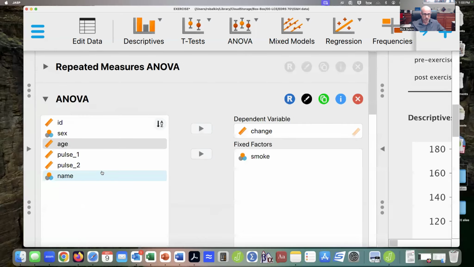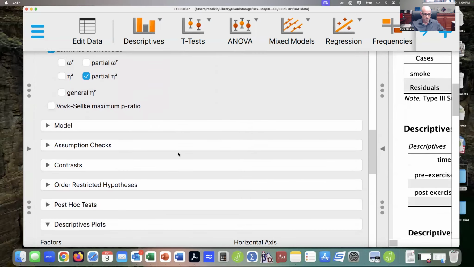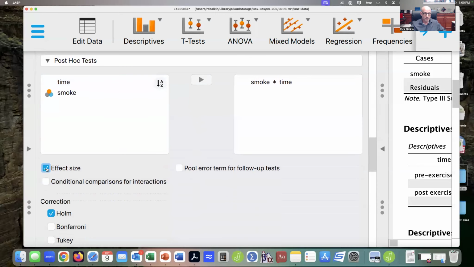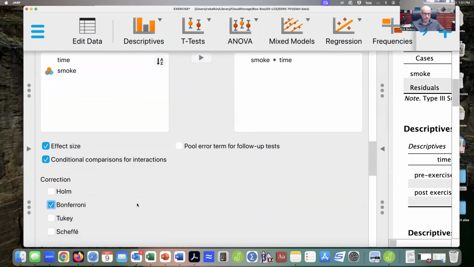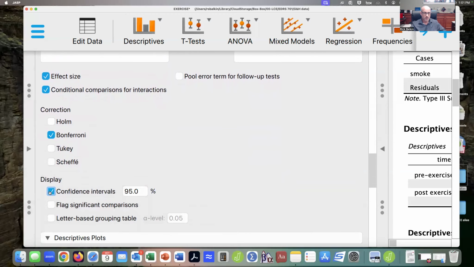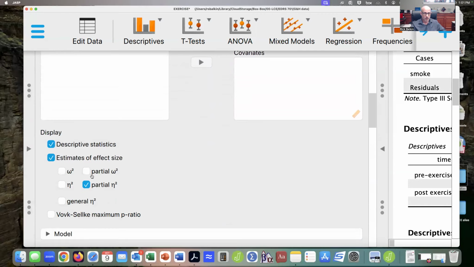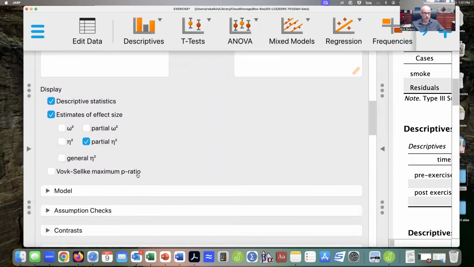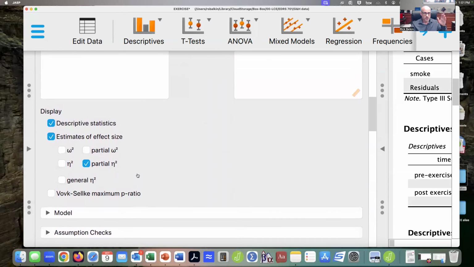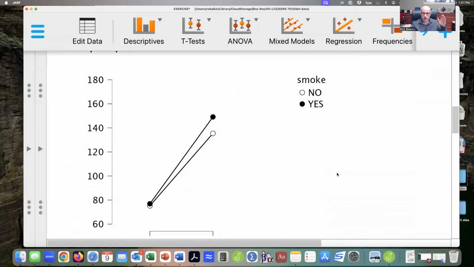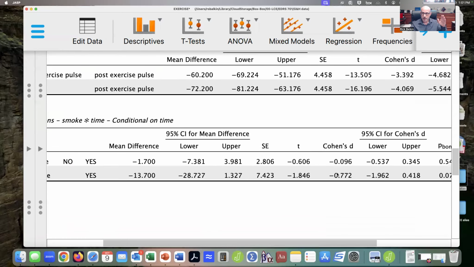So if I wanted to run a post hoc and delineate this change even further, I could go to post hoc tests. I could put in my interaction effect, put in my effect size, and I would click this conditional comparisons for the interaction. Use my Bonferroni adjustment, asked for my 95% confidence intervals. I should have asked for that up here as well. But so that you see this, when I go down and look at my post hoc comparison,